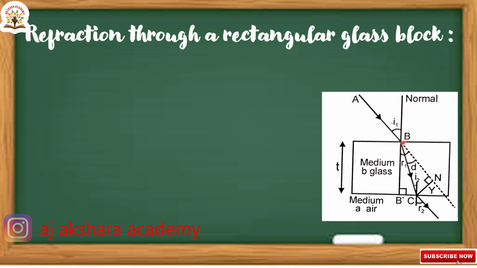After refraction, it bends. Here the light ray is traveling from a rarer medium to a glass medium, that is rarer to denser, air medium to glass medium. So the refracted ray moves towards the normal, and here we are taking the angle between the normal and the incident ray as the angle of incidence I1 and the angle of refraction R1. Again, we are taking this refracted ray as the incident ray.